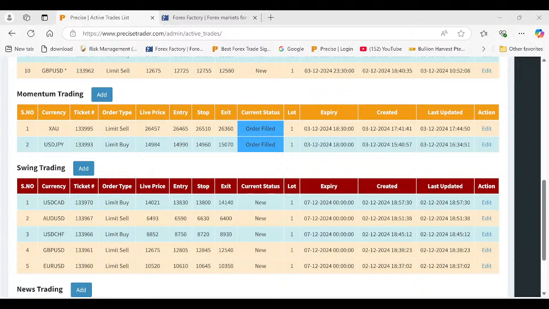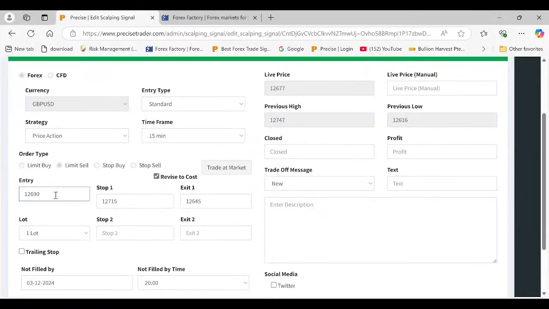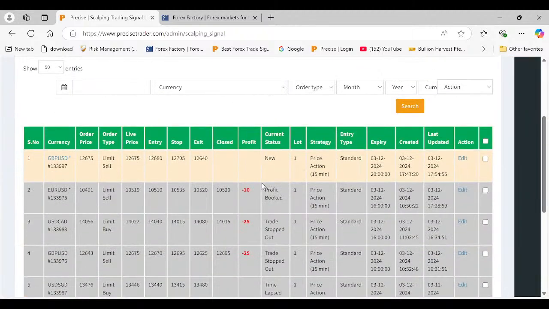Now as far as the gold is concerned, like I told you, we need to see a break of 42, 43. Then we are right, and we should be able to see this price target. Now coming back to the pound. The pound we put at 90, looks like we may not get it. We want to put it at 80. Then you lower your stop also, because the high is only 126.90. So this we put as 40. If you want, you can change this trade by another 10 pips and try to get this trade filled, because the market has already given us a signal that this market has started to turn.